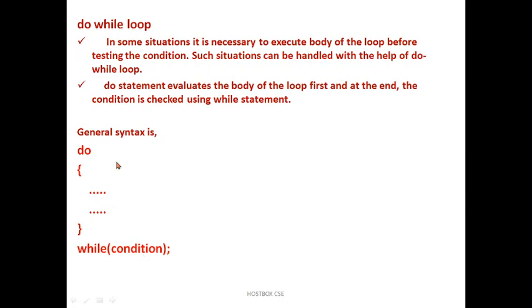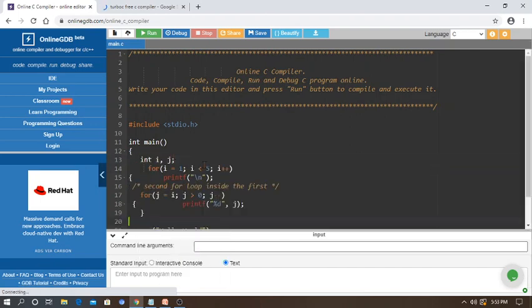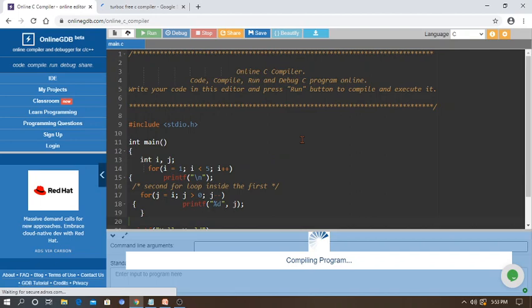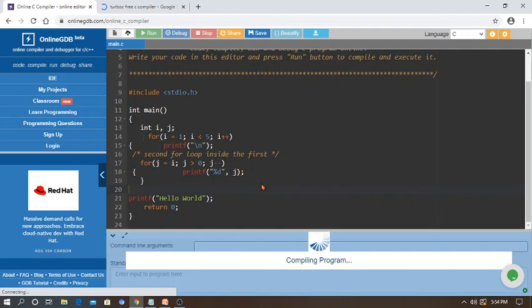Suppose I'm saying print the first 10 numbers. It will print the do statement, it prints the numbers, then we'll check whether the number is smaller than 10 or like that. Let's go back to the online compiler. We'll check it out. Try to execute here, run the program. Few seconds, sorry for the inconvenience. If you want you can use Turbo C++.